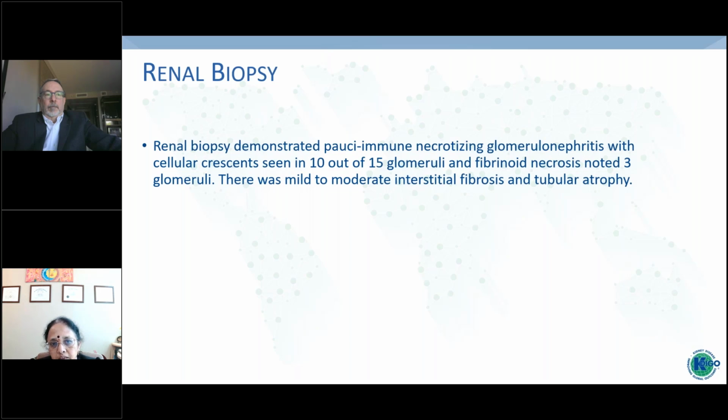And then we gave her methylprednisolone 250 milligrams IV daily for 3 days, and then gave her Avacopan 30 milligrams twice a day for remission induction. And the reason we chose Avacopan is because of the pre-existing comorbidities that she has had and the prior glucocorticoid exposure. So Brad, again, I'm going to ask you,